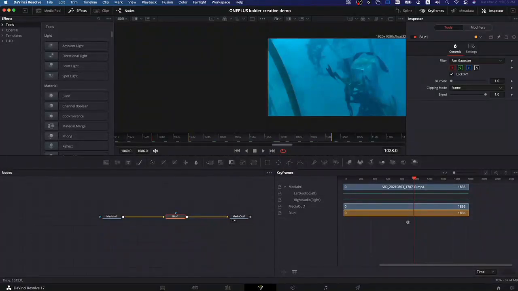Now, this keyframes window is pretty much like our timeline. It's our visual representation of where our media sits in relation to each other. And not just the media, but also the keyframes for each individual node, which we're going to be diving into so much more later on. But this is one of the things that was confusing to me at first about working in a node space. I was asking myself, where are things like keyframes and the timing of my clips, how can those be represented in a node-based layout? But the reality is that we do have a timeline here where we can move clips around in space, move the timing of each clip and each node really in relation to each other